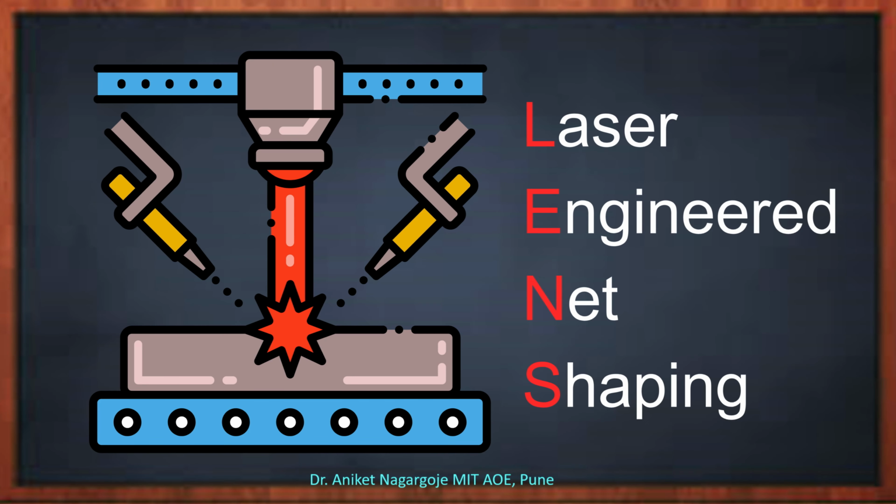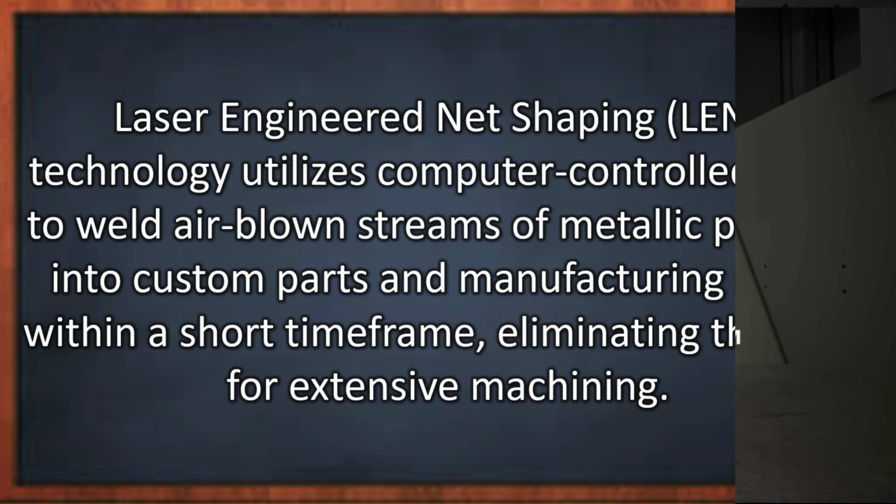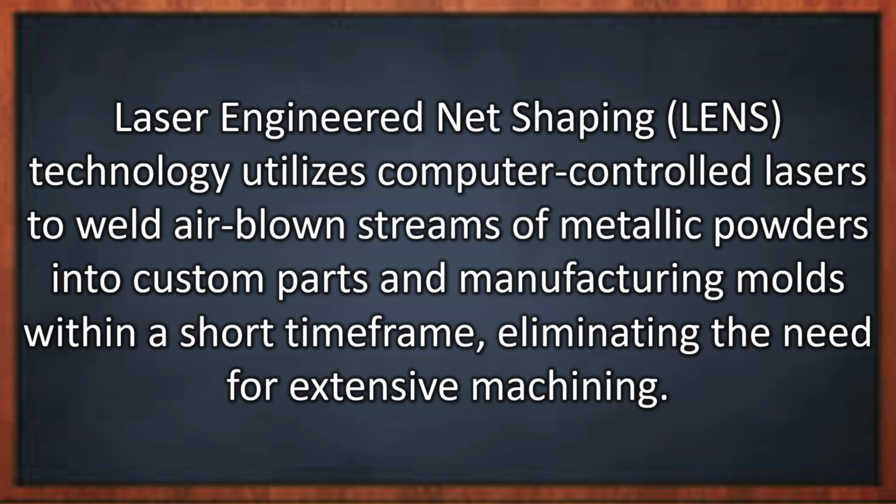Now, the next process is the laser engineered net shaping process. This process is from direct energy deposition, where powder is supplied through a nozzle. Laser engineered net shaping technology uses computer-controlled lasers to weld air-blown streams of metallic powders into custom parts and manufacturing molds within a short time frame, eliminating the need for extensive machining. LENS is particularly suited for producing small lots of